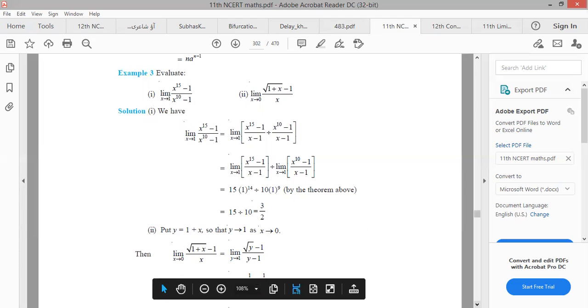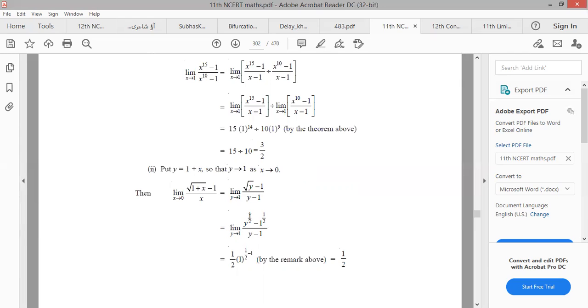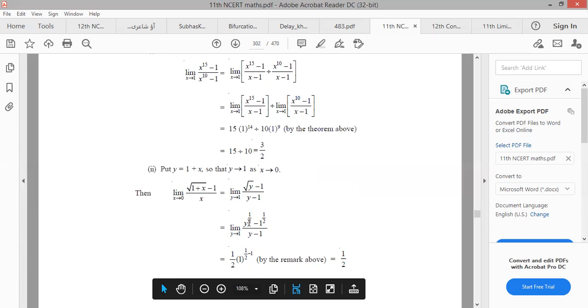So this will be equal to y raised to the power 1 by 2. And 1 can be written as 1 raised to the power 1 by 2. So we have this question like that given in the above theorem: the limit of (x raised to the power n minus a raised to the power n) divided by (x minus a). So here n is 1 by 2. I would like to once again highlight that n is any positive number, not necessarily an integer. So this result is actually used for all positive numbers, although it is a fraction, 1 by 2.